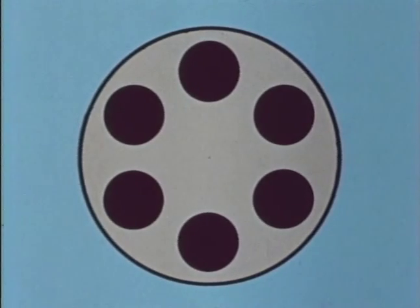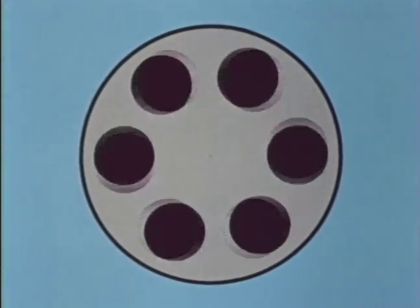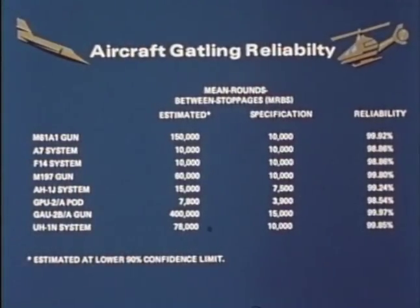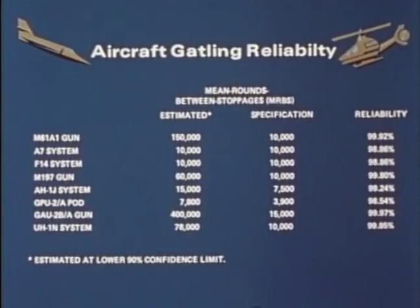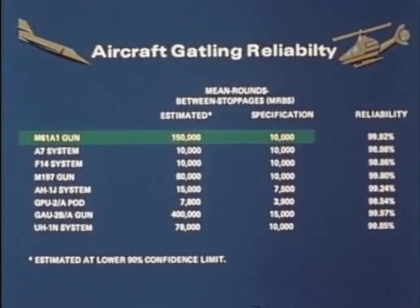Also contributing to long gun life and high reliability is the fact that each barrel and bolt combination fire only once during each revolution of the gun. This means that the total number of rounds fired are divided equally among each of the gun barrels. The reliabilities of these gun systems on various aircraft are compared in this chart. The basic M61A1 gun has a 150,000 mean rounds between stoppages, MRBS,